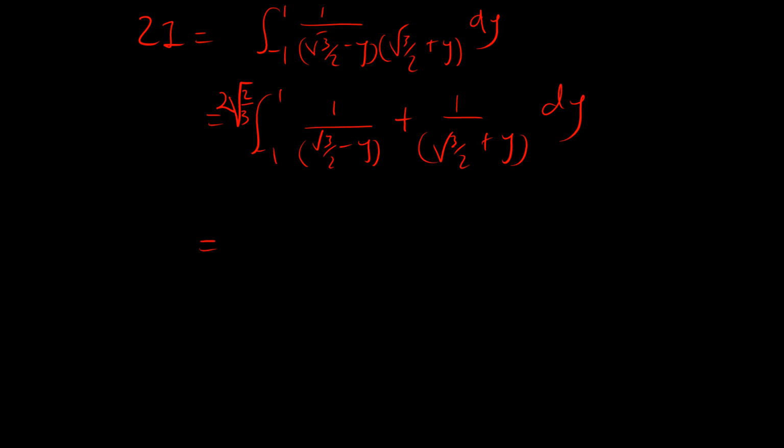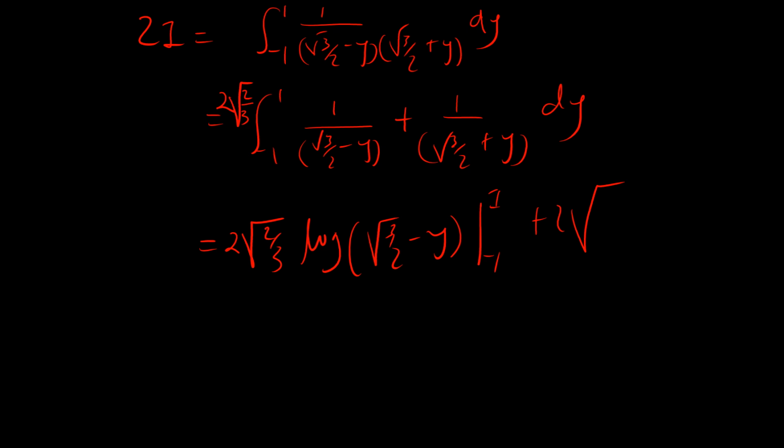So we have 2 times square root of 2 over 3 natural logarithm of root 3 over 2 minus y from -1 to +1, plus the natural logarithm of root 3 over 2 plus y from -1 to +1,